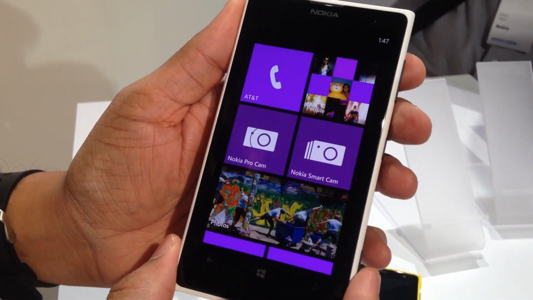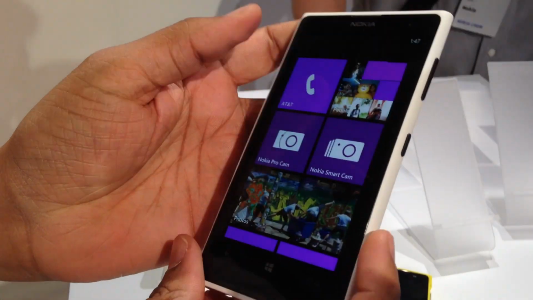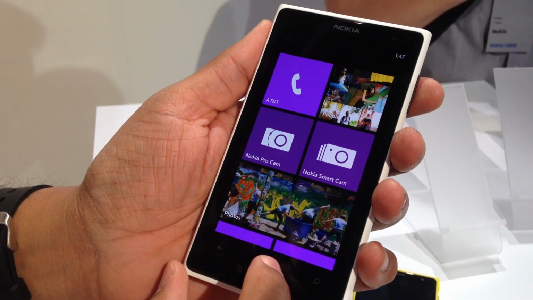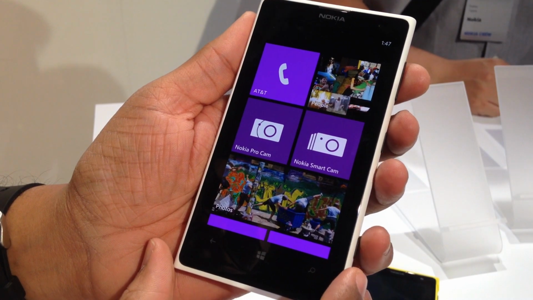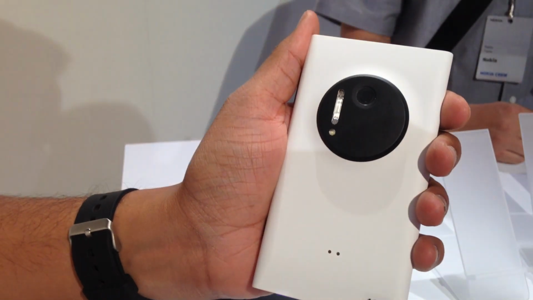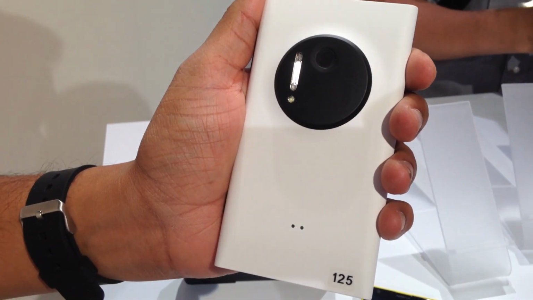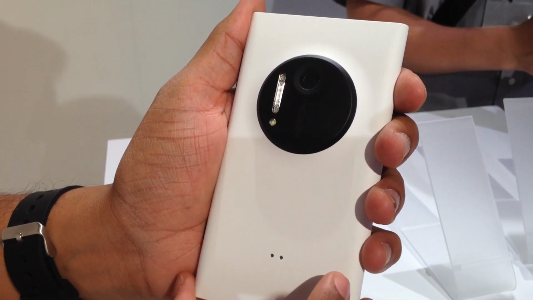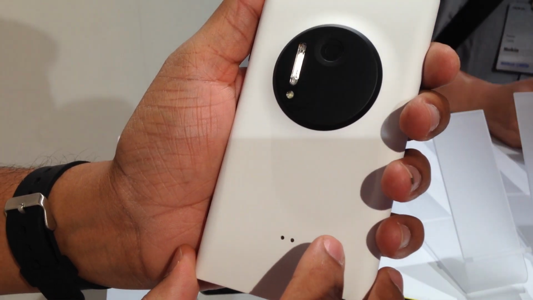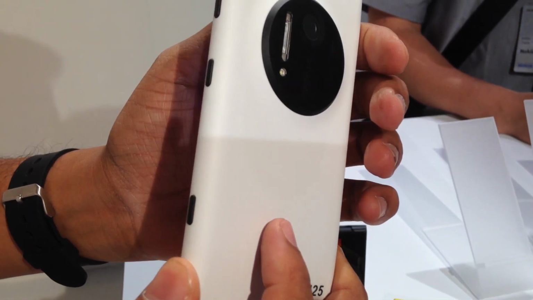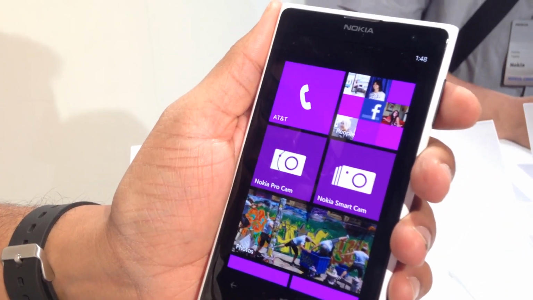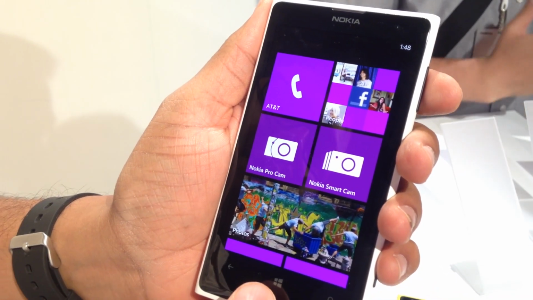Today we are having a hands-on with the brand new Nokia Lumia 1020, which was announced just a while back in New York. As you can see, this is the latest flagship from Nokia, and it runs the Windows Phone 8 OS. The main thing about the device is the 41 megapixel camera with the xenon and LED flash inside. So much of this was leaked prior to the announcement today, but it has still managed to beat our expectations from what we can expect from a camera in a smartphone.